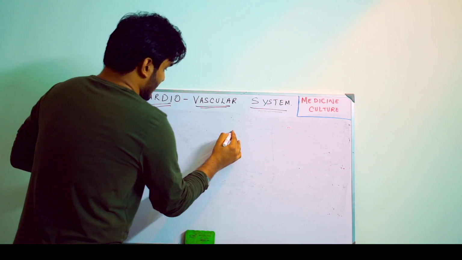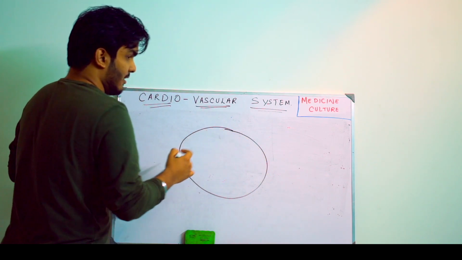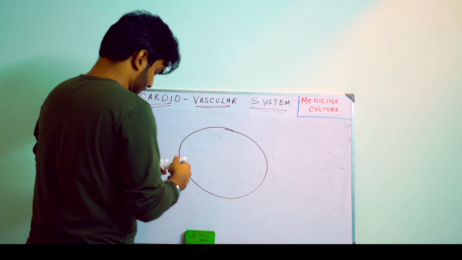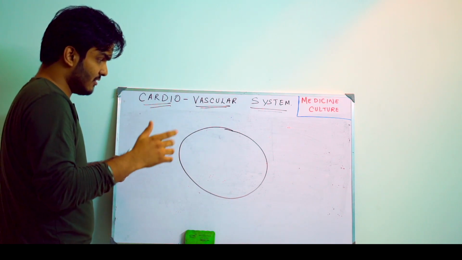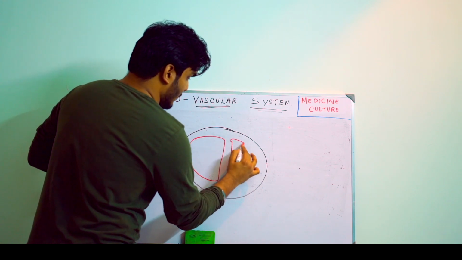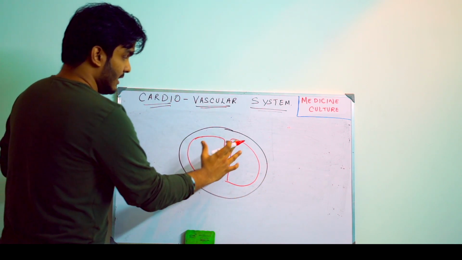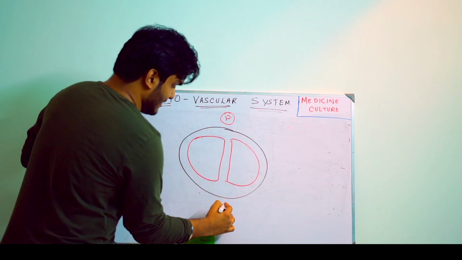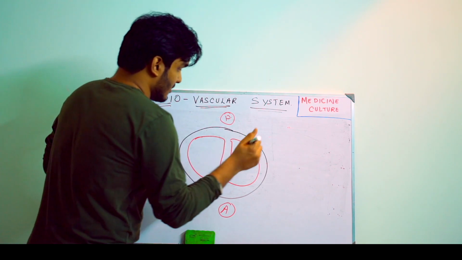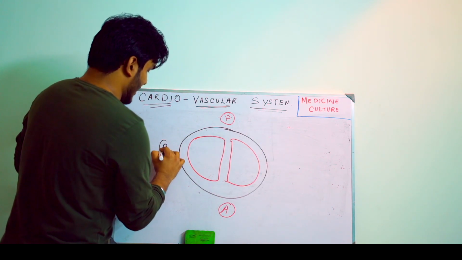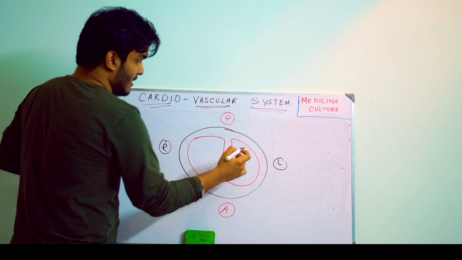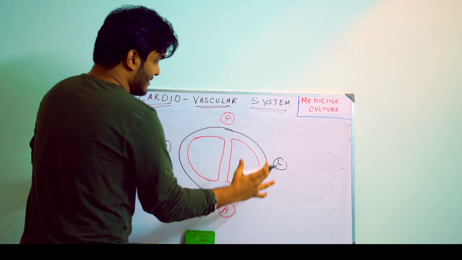So let's see the heart from a transverse view. Let's see the heart from above. When you see the heart from above on a transverse plane, let's take these two ventricles, right ventricle, left ventricle. This is the posterior side, this is the anterior side. Please follow with me, guys. Now, this is the left side, this is the right side, and this is the left side. This is the posterior and anterior. Yes, these are two ventricles. Now, we'll consolidate all the information in this diagram right now.